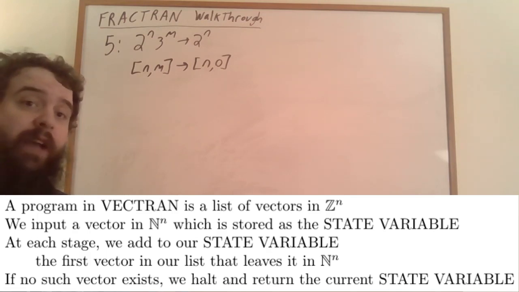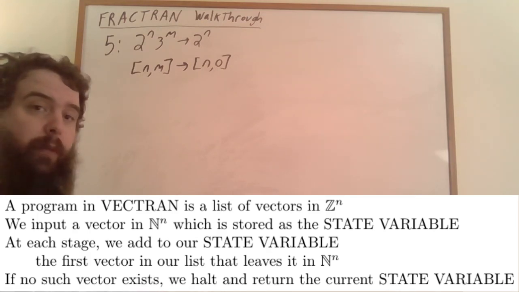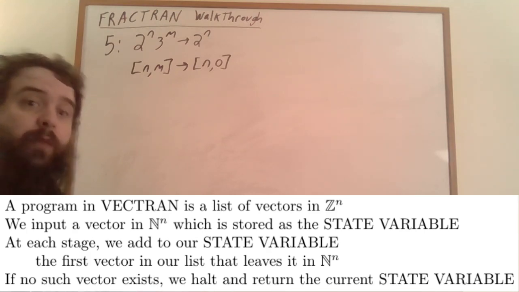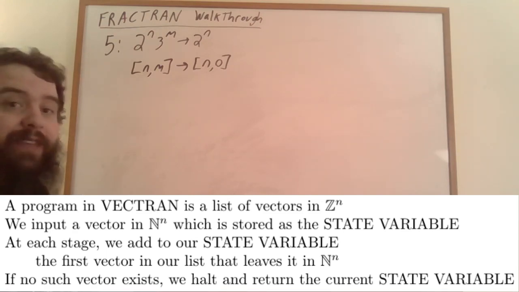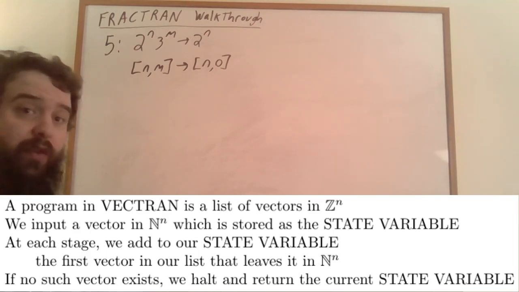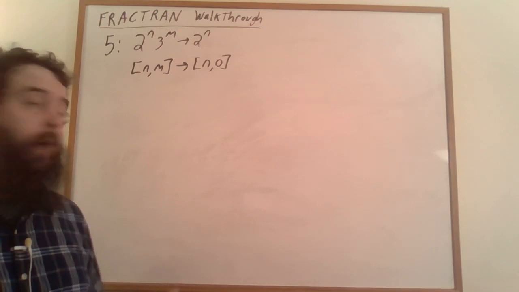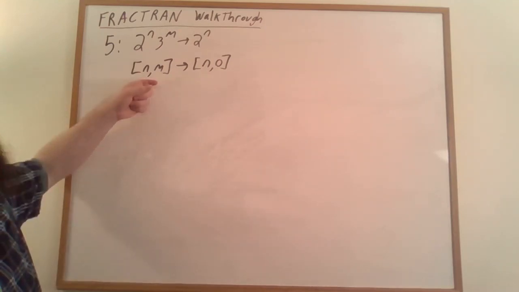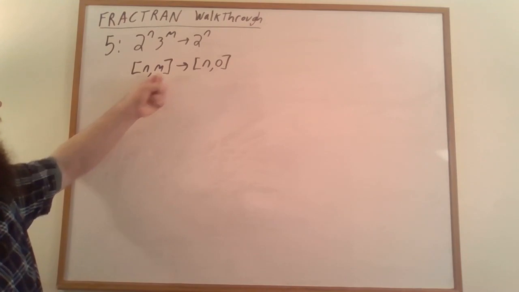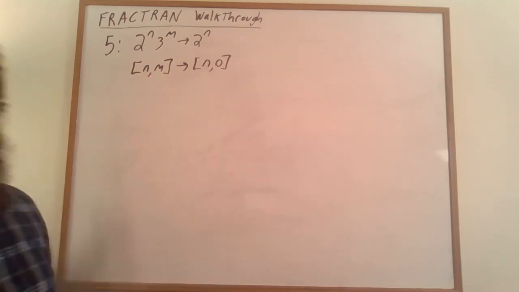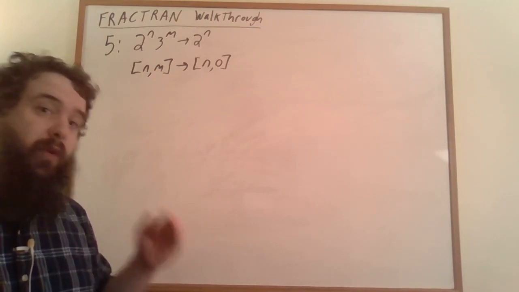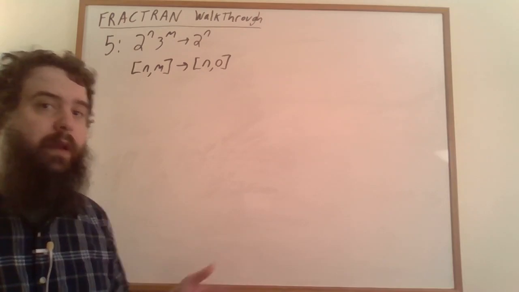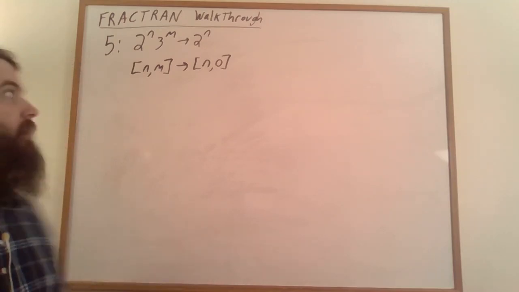Keep in mind that prime factorization works perfectly well for rational numbers, provided that you're okay with the exponents of the primes being negative, which is exactly what we have here. Our fractions correspond to vectors that have integer exponents, that is, exponents that could be negative. So let's think about what's happening here. We want to add a vector to (n, m) that will get rid of this m. And again, because we're programming in FRACTRAN where loops are free and we want to move or get rid of exponents one by one, the sensible way to do this is with the vector